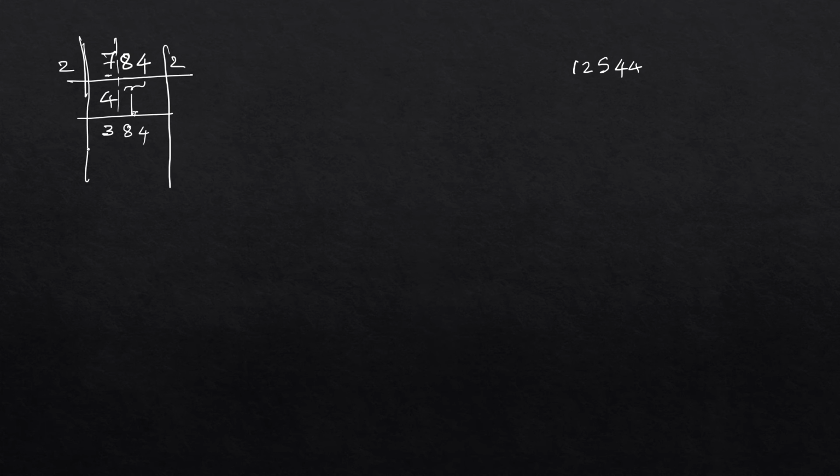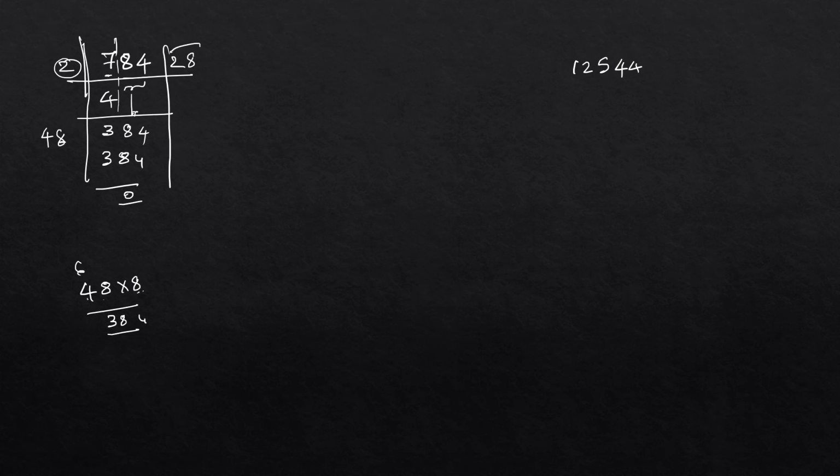384. And now we have to double this 2. It will become 4. And here whichever digit we put, we should multiply with the same digit. That means let me check for 8. 48 into 8. So 8 8s are 64. 8 4s are 32. 32 plus 6 is 38. Okay. So here I'll put 8 and here also I'll put 8. The answer is 384.